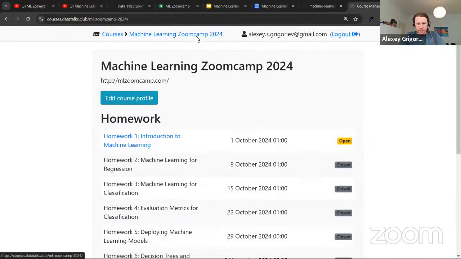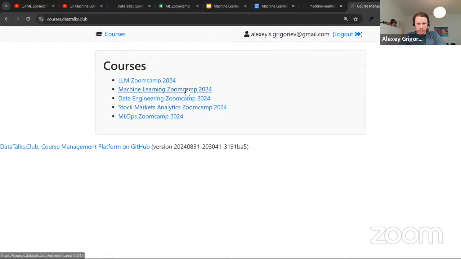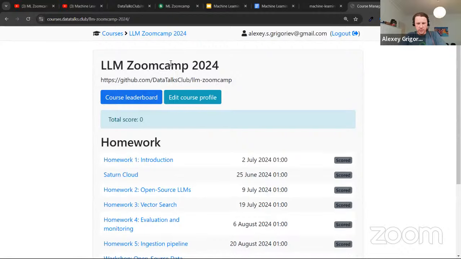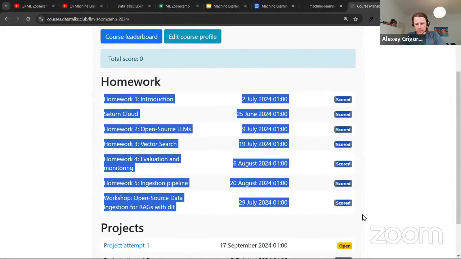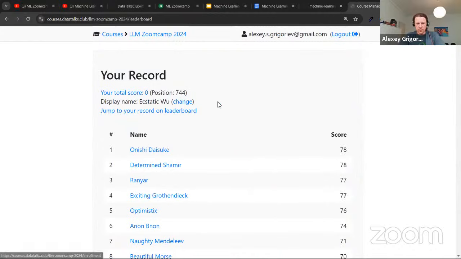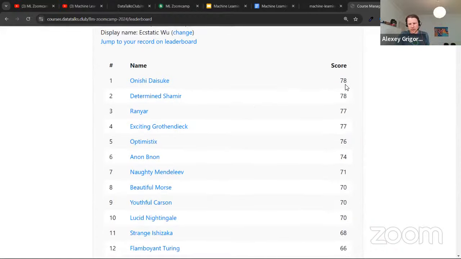And then we will have a leaderboard. Right now we don't. The leaderboard appears after we score the first homework. When you see results, you will also see a leaderboard. So I will show you how a leaderboard looks like. I'll take a different course, this LLM Zoomcamp. Here all the homeworks are already scored. And this is how the leaderboard looks like, right? So you see that there are people, students, course participants who take part in the course, and they have scores here, right? So there is a leaderboard.